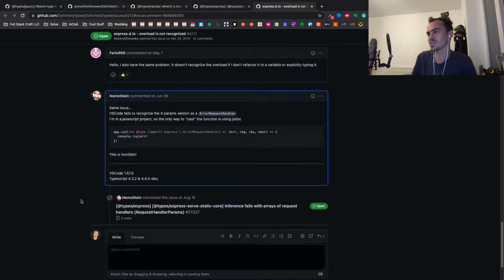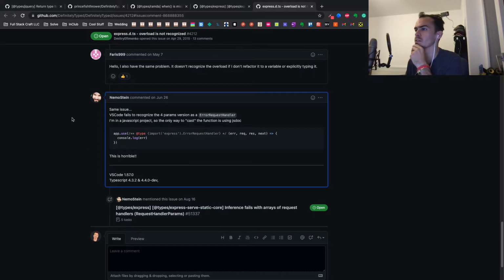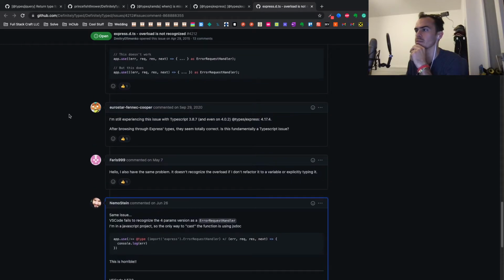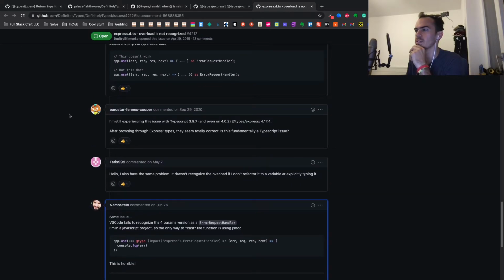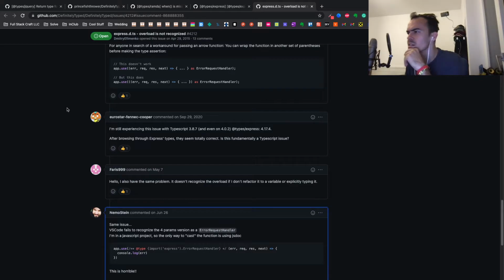This is horrible. Interesting. So there's a big typing error. Error request handler. VS Code fails to recognize the 4-param version. It doesn't recognize the overload. Oh, okay. So it's just a matter of... This doesn't work. This does.